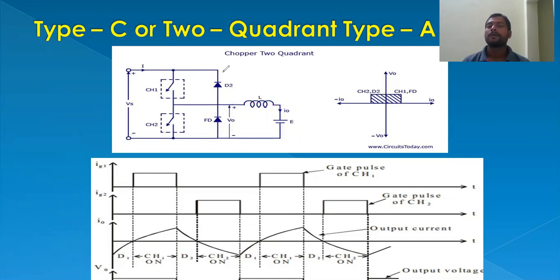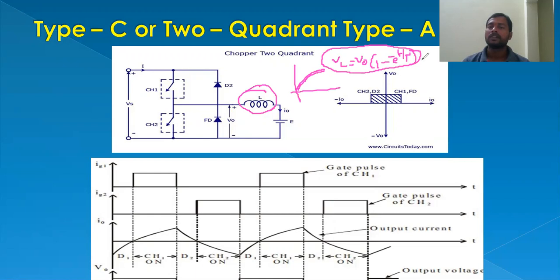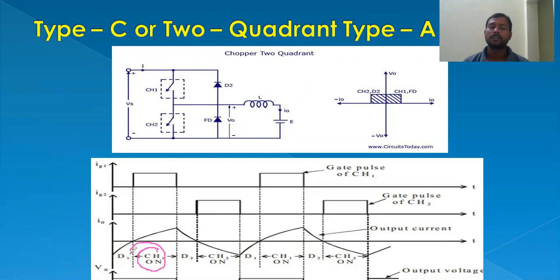Now, if the chopper is closed, the inductor will store energy in the magnetic field and it will pick up energy exponentially. It increases exponentially. So the voltage across the inductor is equal to V times (1 minus e to the power minus t by tau). This is the waveform of the exponentially increasing equation of the inductor. So look at the waveform. When the chopper is on, the inductor stores energy like this.